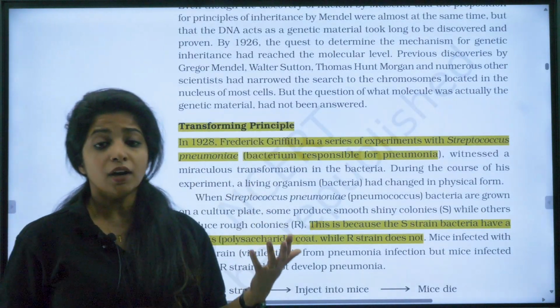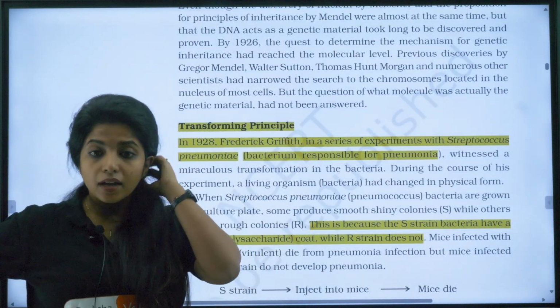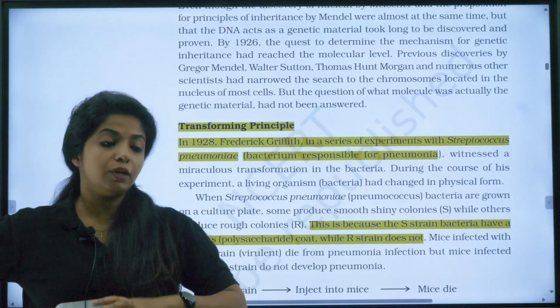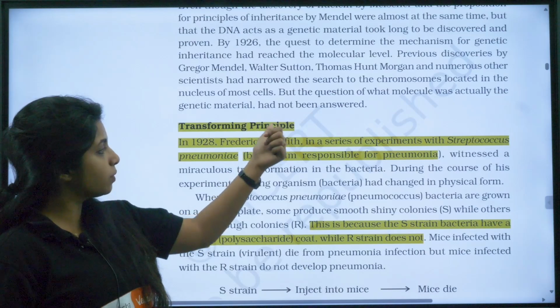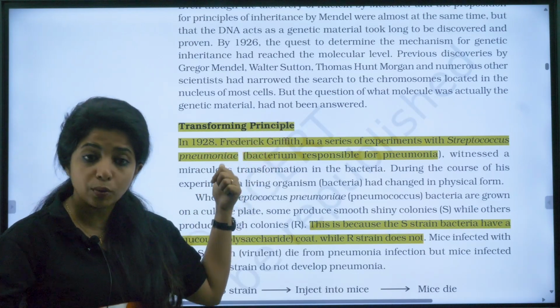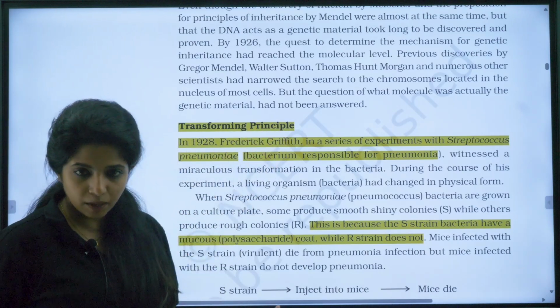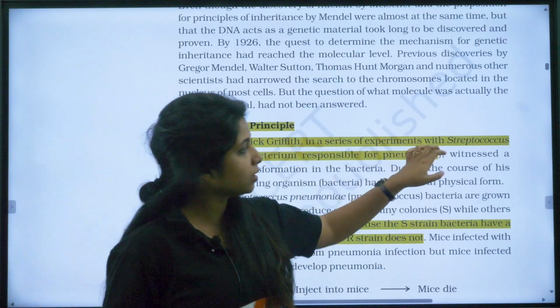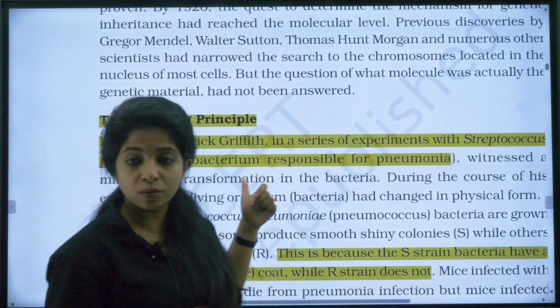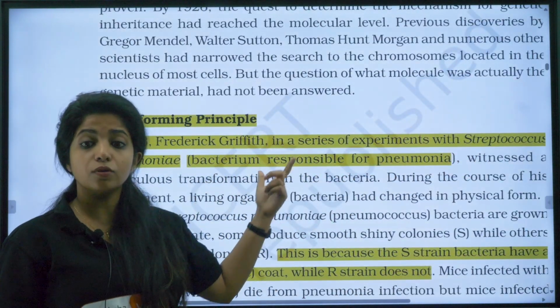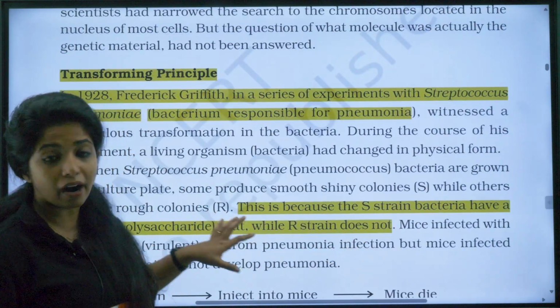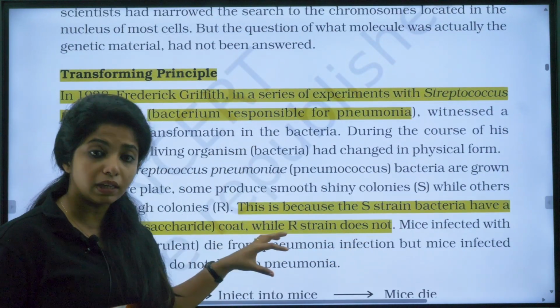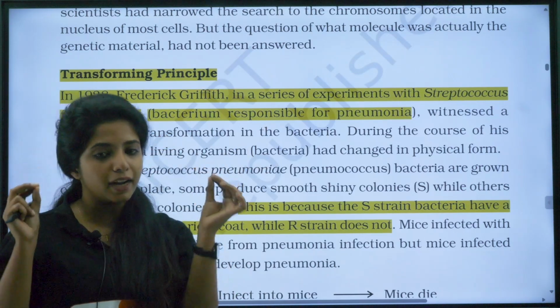Now, what is basically the genetic material? It was DNA, but it was not proved really early. There were so many experiments around it. So there was transforming principle experiment by Frederick Griffith. They asked you to explain the whole experiment, so you have to know it. What was the thing that was being used? It was Streptococcus pneumoniae, my dear children. It was something that was causing pneumonia, and there were 2 strains. One is S strain and the other one is what? R strain.